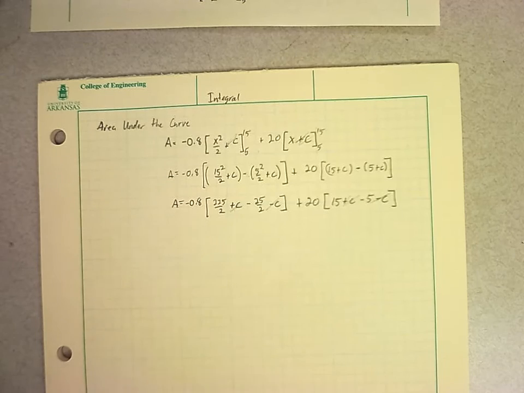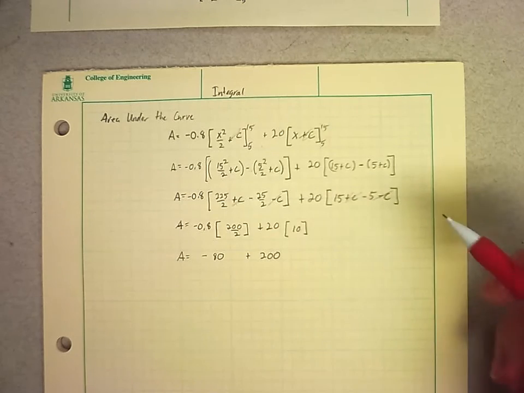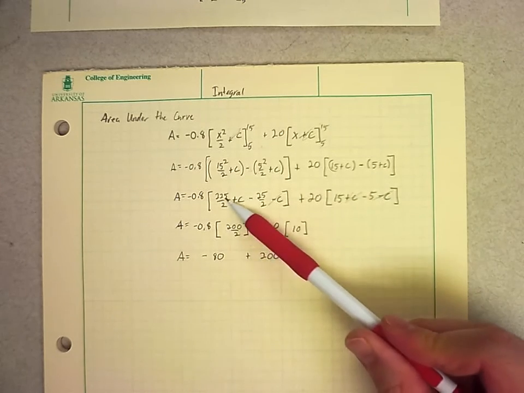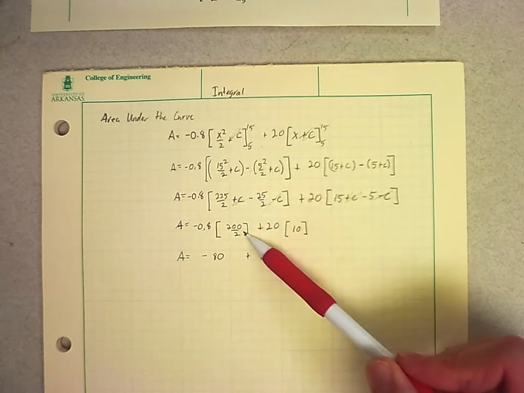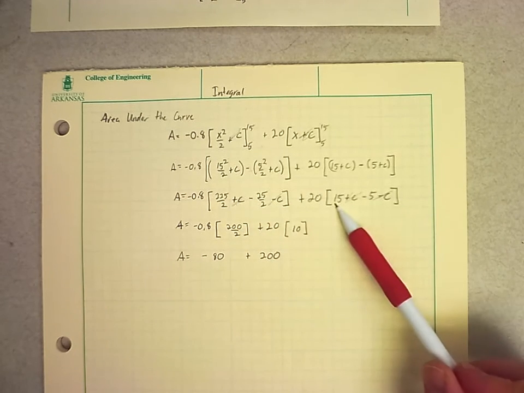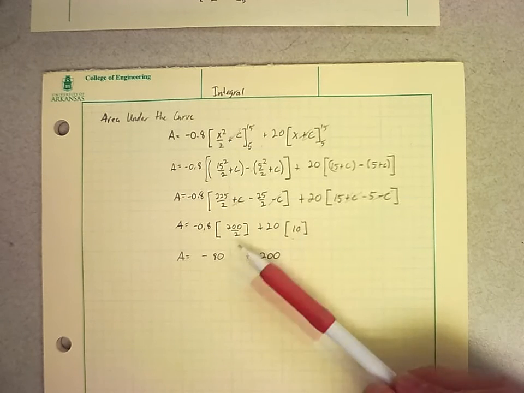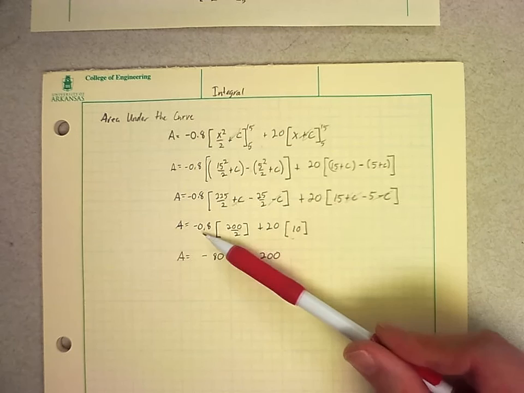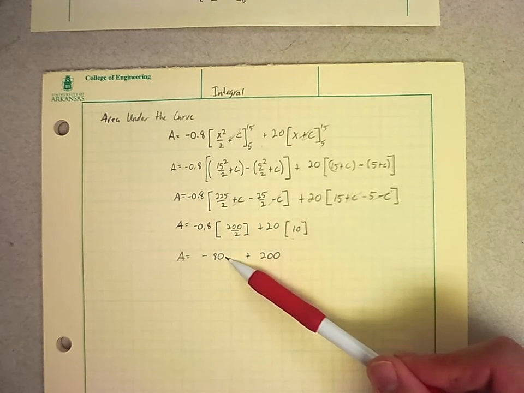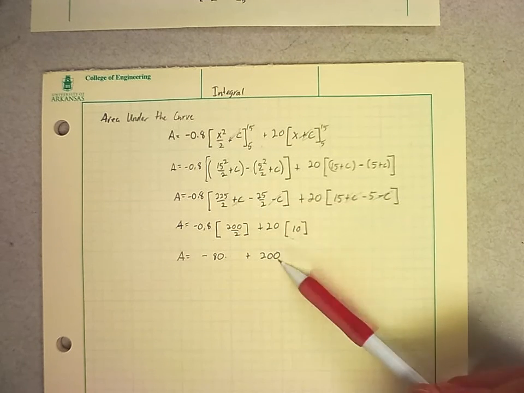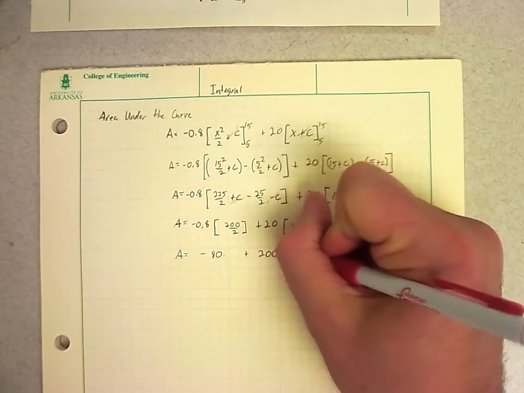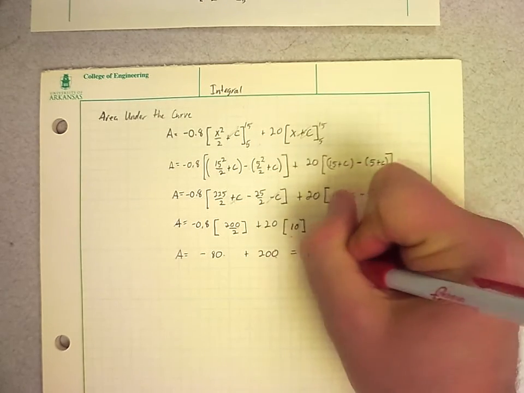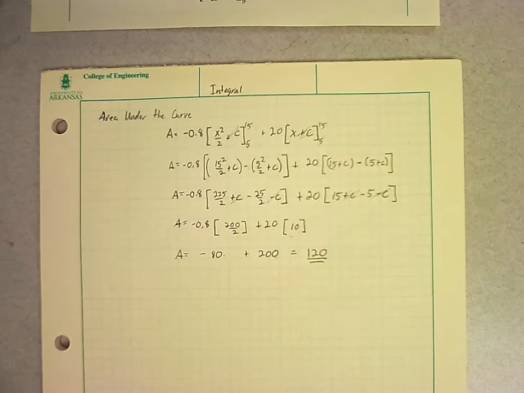All right, so let's simplify it a little bit further. 225 over 2 minus 25 over 2, I get 200 over 2. 15 minus 5, I get 10. Multiply those things together. This is really just 100 inside here, so 100 times 0.8, I get negative 80. 20 times 10, I get 200. And wouldn't you know it, just as we found out, seems like an hour ago,